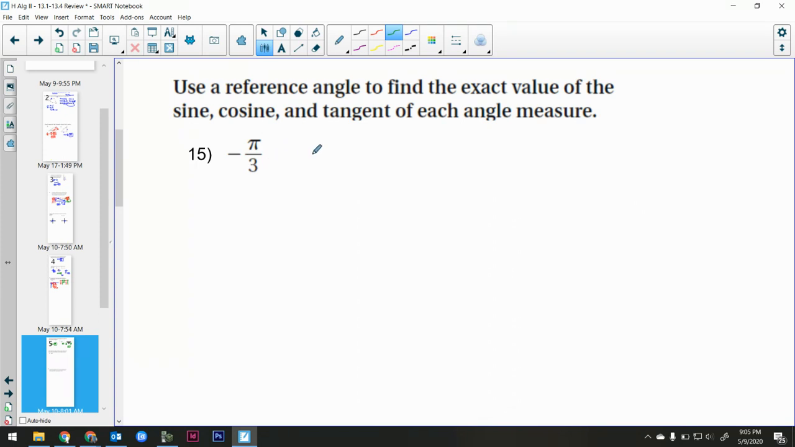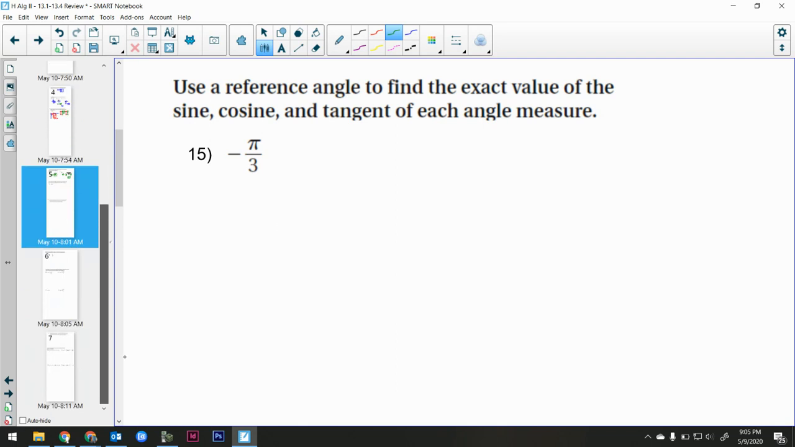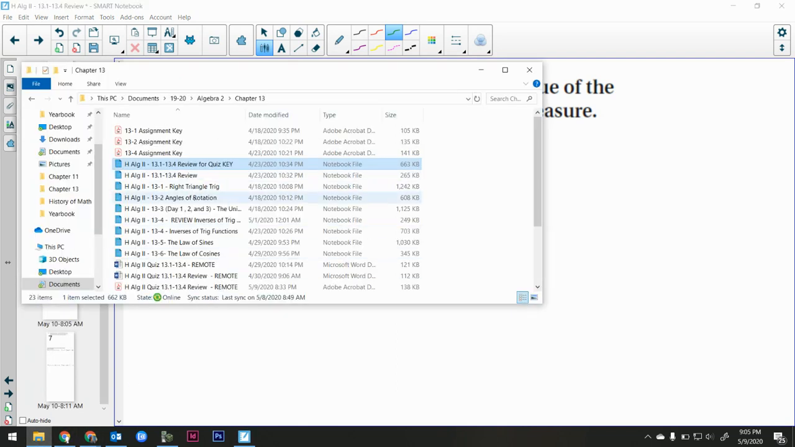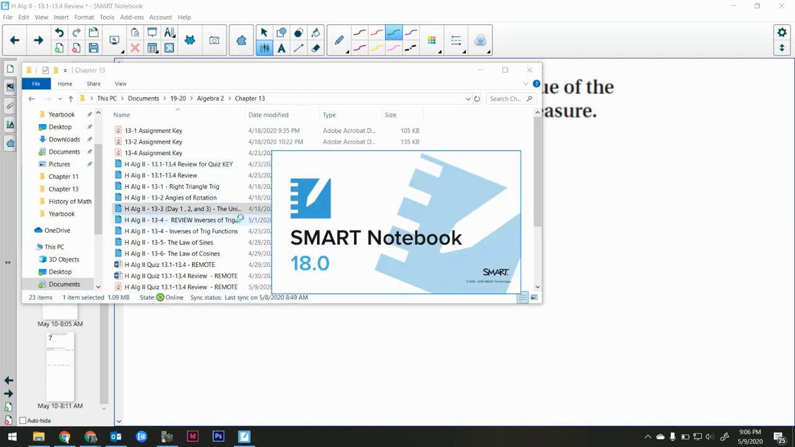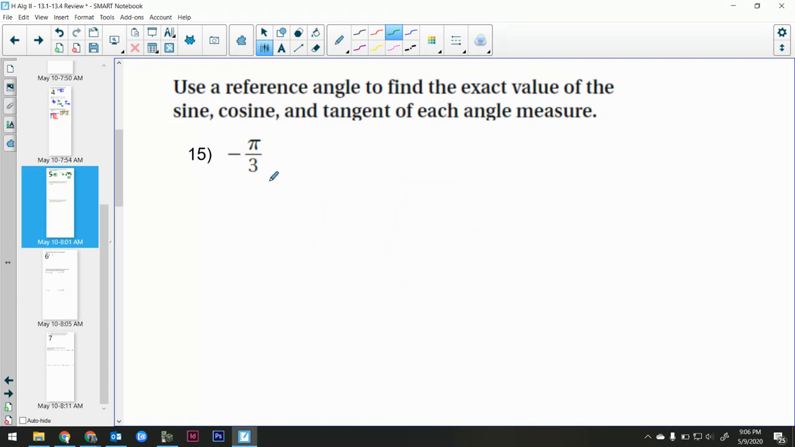All right, so negative pi over 3. First thing that I want to do, actually, I don't even have one up. Okay, let me get a unit circle. No unit circles there, really. Shame. It should be here. Okay. Anyway,